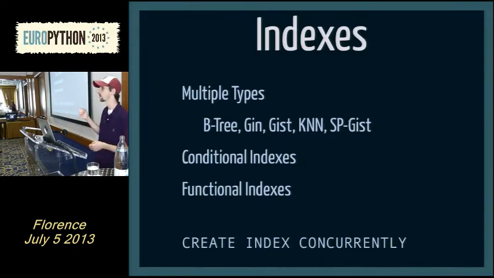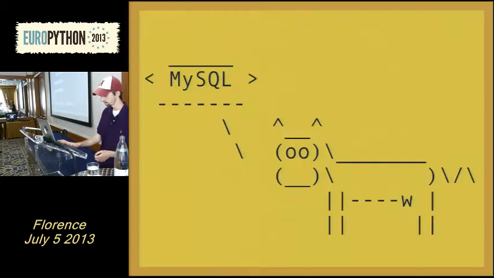Create index concurrently is going to do this in the background. It's going to be about 2 to 3 times slower, but it's not going to hold a lock on your table. And as soon as it's done creating that index, it's going to start using it. So you don't have to take your application offline and you can improve performance. But as I said, South doesn't take advantage of it because it can't run in a transaction. So you have to go outside South to take advantage of this, or do it manually in there.